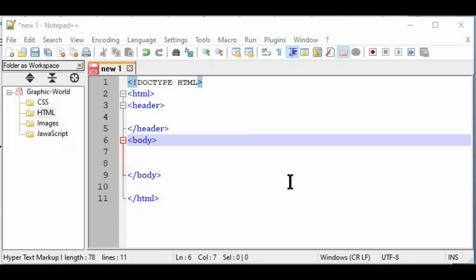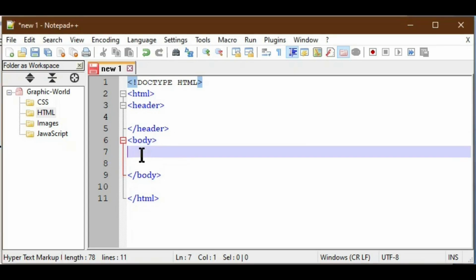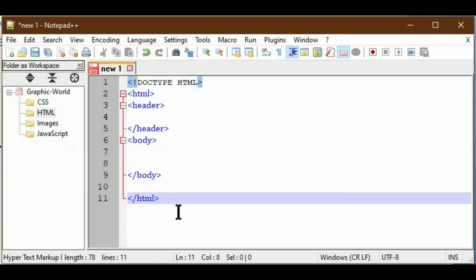Now we added some lines in the document. Here we can see the line number slowly increasing up to 11 lines. So whenever we are adding lines, it also counts the empty lines in that counting. Same way, we put my cursor at the last line. You can see the status bar at the bottom. The length is 78. The length means it will count the characters from start to end. So now we typed around 78 characters, which includes the empty spaces, that is white space also. And my cursor is in position 11. So this is the indication given by the status bar here.